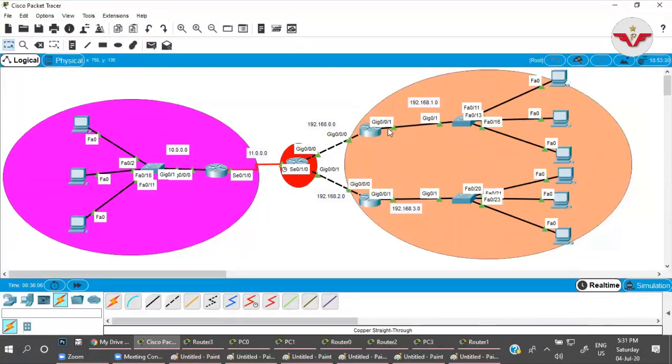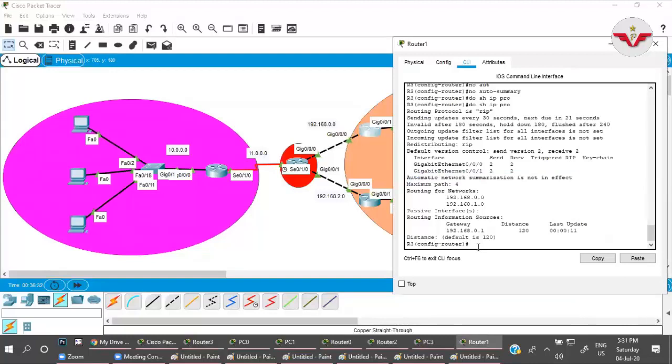So in that scenario, on the interface connected to the local area network, or any interface where you don't want to send the updates about the routing information protocol, we will go and inform the router that this is a passive interface, so that the router will not send the routing information to that interface.